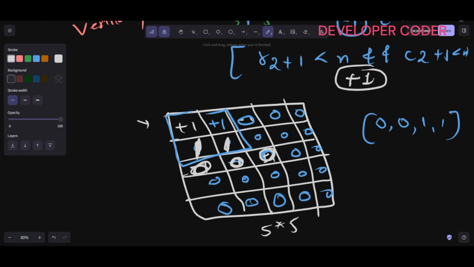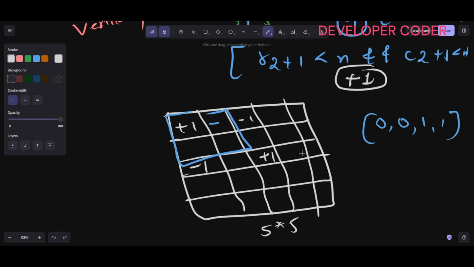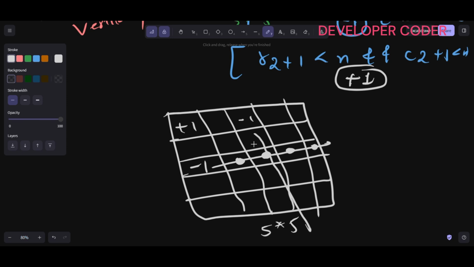So why was that happening? Here if you see, initially this part, this minus 1 is affecting this and this. And here if you see this minus 1, when we are doing it column wise, this minus 1 was affecting this common value 2 times. So that is why, in order to balance it out,